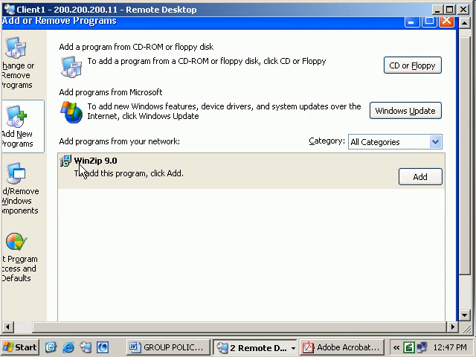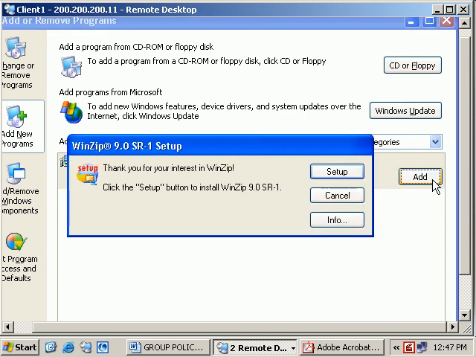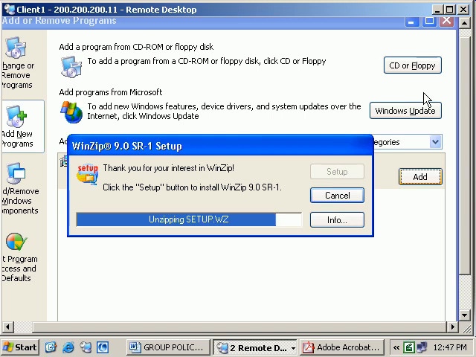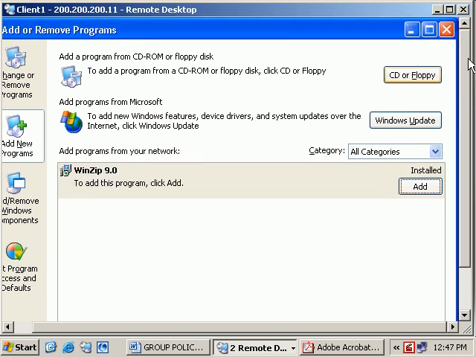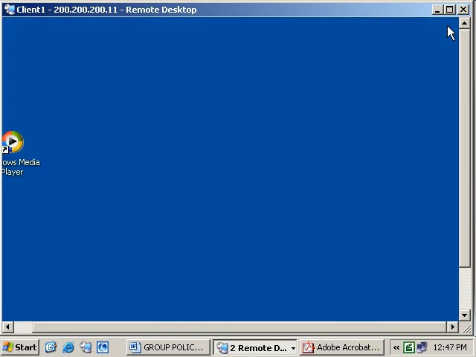If you recall, that's exactly what we typed in a ZAP file. Whatever I typed in the ZAP file, WinZip 90 by Advanced Computing, that's exactly the name that will appear over here as well. Okay, and then click on the add button, and then the standard installation of WinZip will start. You click on the setup button, and then you finish the installation. So I'm going to click on setup over here, let it go, and we will minimize the screen over here,